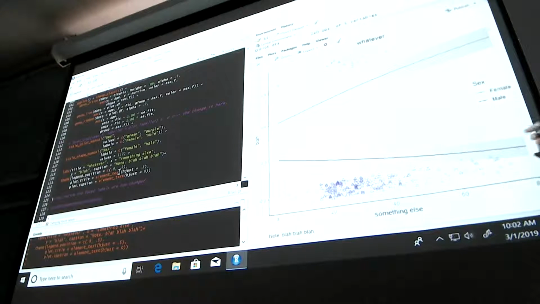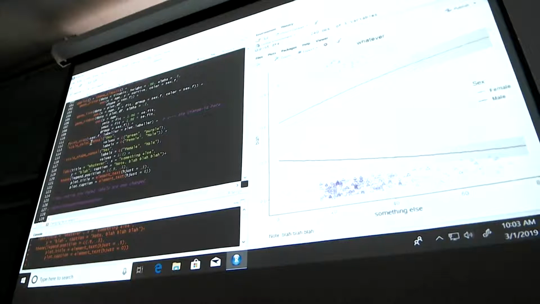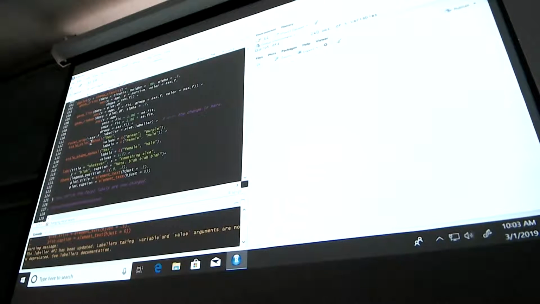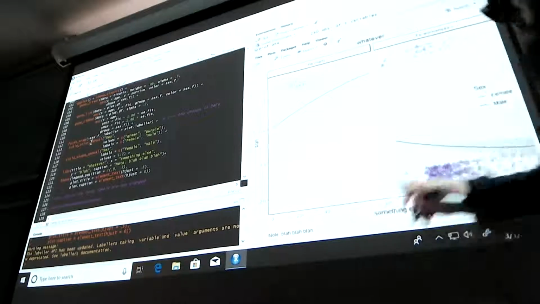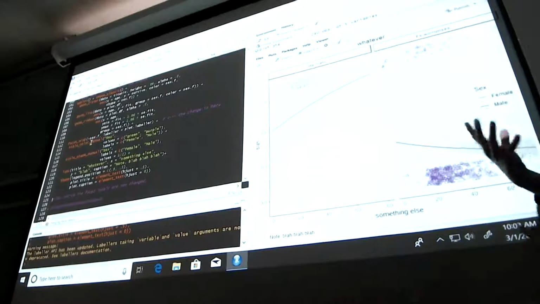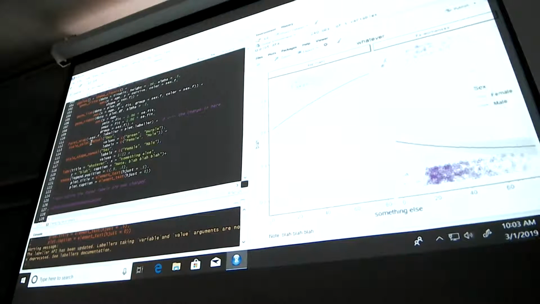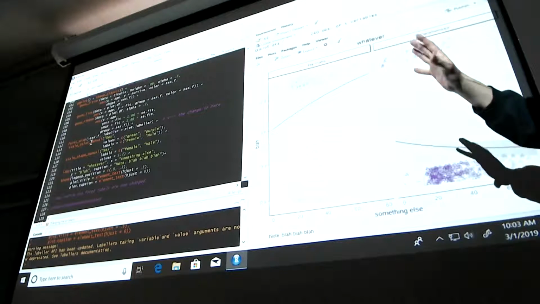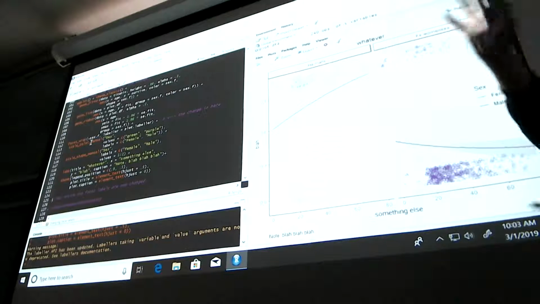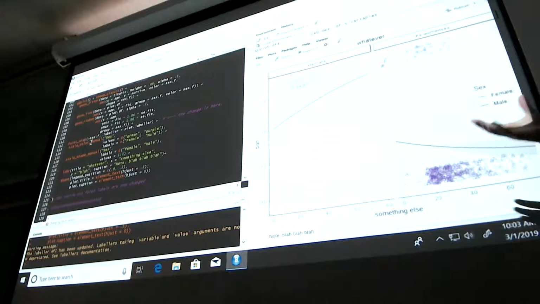Whether or not you facet this. So here I took off the facet. You might be better off faceting it by sex, depending on whether the comparison you're trying to make is easier to make if they are on one plot. Or if you have it all on one plot, is there too much overlap, making it hard to distinguish what it is that you're trying to show? So just thinking through, starting with what I want it to look like, and then reverse engineering and taking it one piece at a time is the key to being able